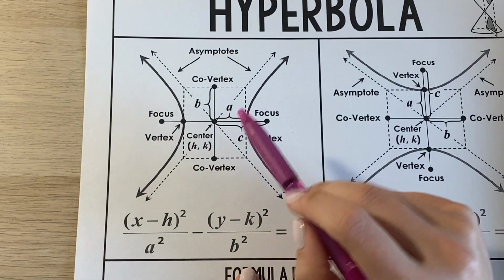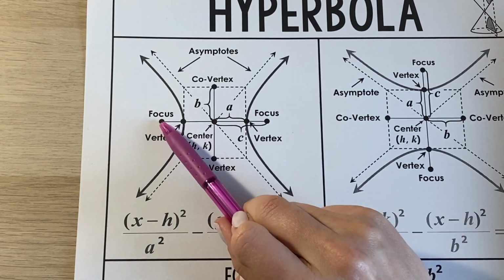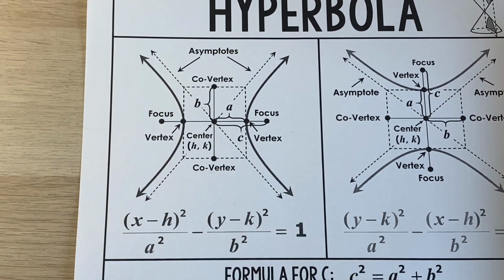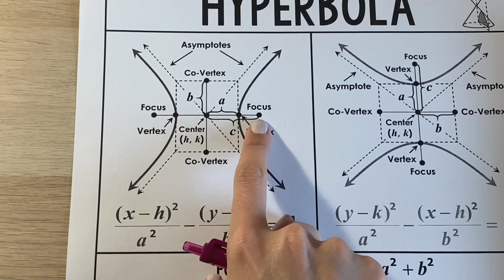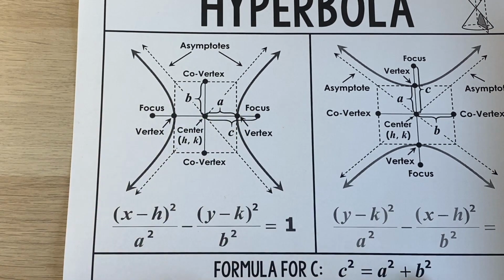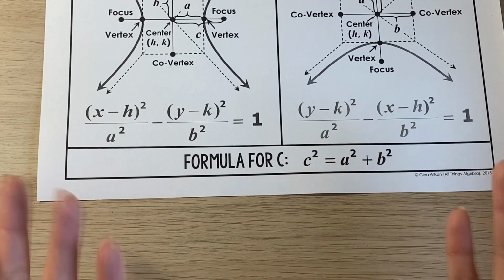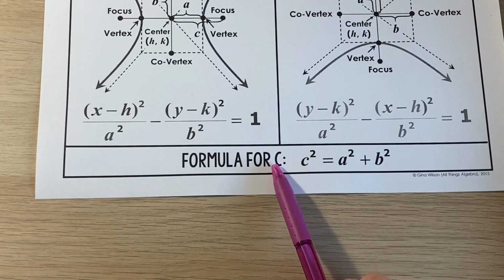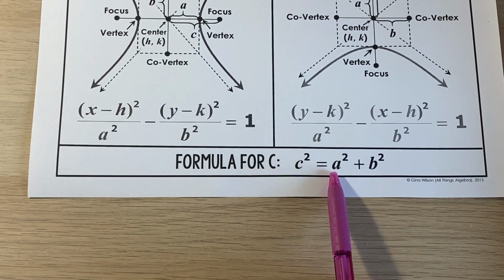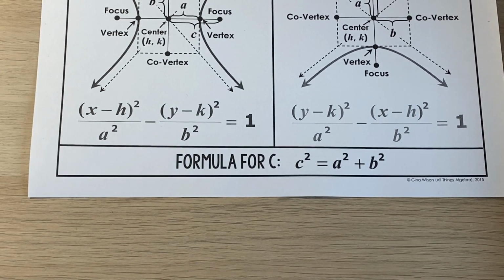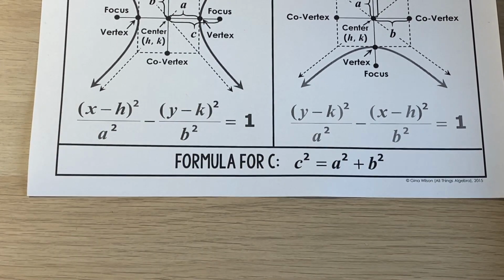You also have a focus. This is a focus and this is a focus. So you have two foci in your hyperbola, just like you did in your ellipse. And the distance to the focus is called c. So from your center to the focus, in order to find c, you need this formula right here. c follows this pattern: c squared equals a squared plus b squared. So basically you add your denominators and then take the square root,